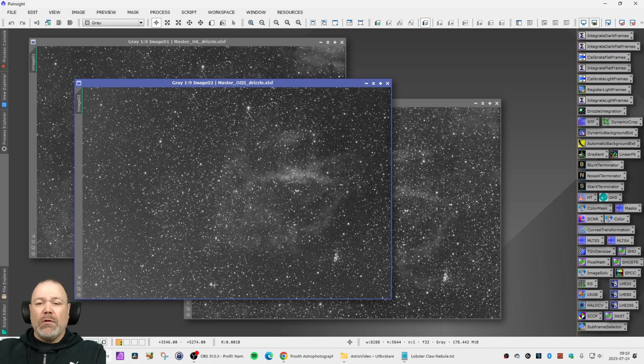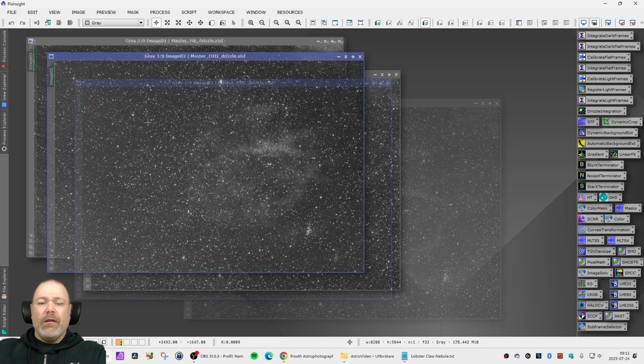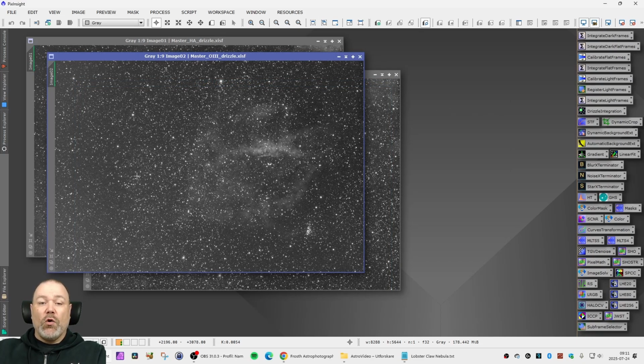This is a total of 13.6 hours, 163 light frames, and that is 74 HA, 45 O3 and 44 S2. As you can see in the stacked O3 here, we have a bit of gradients going on here,